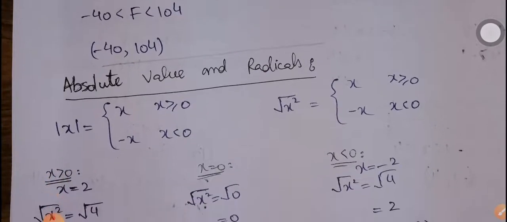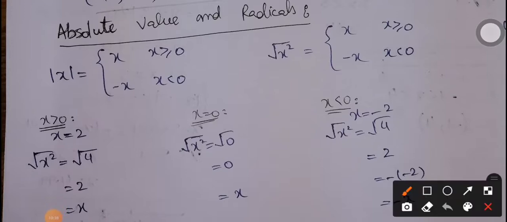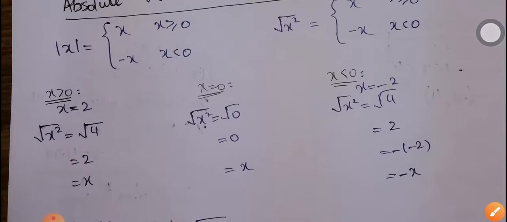The next topic we are going to discuss is absolute value in radicals. There is a relationship between the two terms, and we will see now what that relation is. We know that the absolute value of x is equal to x if x is greater than or equal to 0, and minus x if x is less than 0, so it is always non-negative. Similarly, the square root of x squared also satisfies the same property, that it is always non-negative, and we can prove it with the help of the three cases, as we have discussed for the absolute value of a variable.